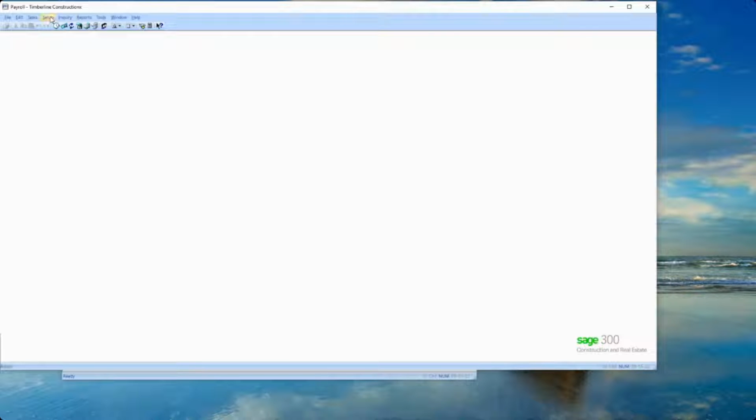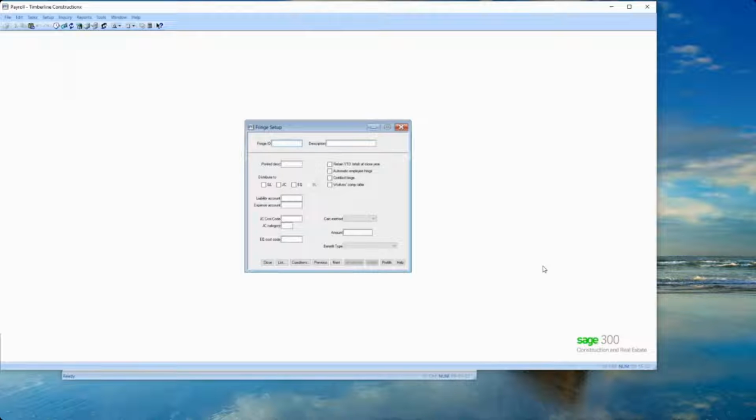So the next thing is fringes. So fringes are paid to someone else. They're not paid directly to the employee, but the cost of the fringes is part of burden and it goes to job costs. So again, you have this section here, whether you want to send the entry to these modules, if you have them, and if you want to send them. So you would want job cost checked if you want to send it.